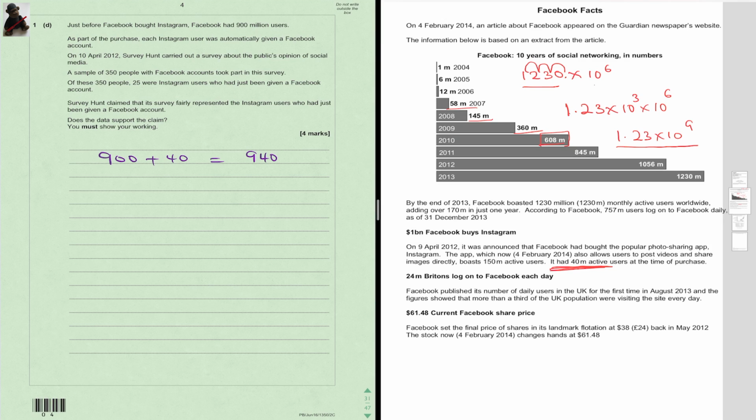So from the survey, 25 out of 350, and then the real figure should be 40 out of 940. So that's the total number of Facebook users and 40 from Instagram. And the ratio of these two gives